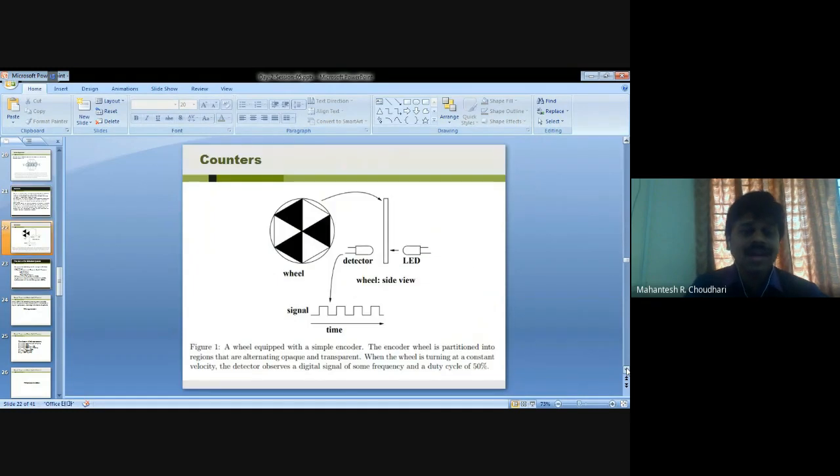Counters are useful in many different contexts. For example, we may be interested in how far a wheel has turned in some given period of time.